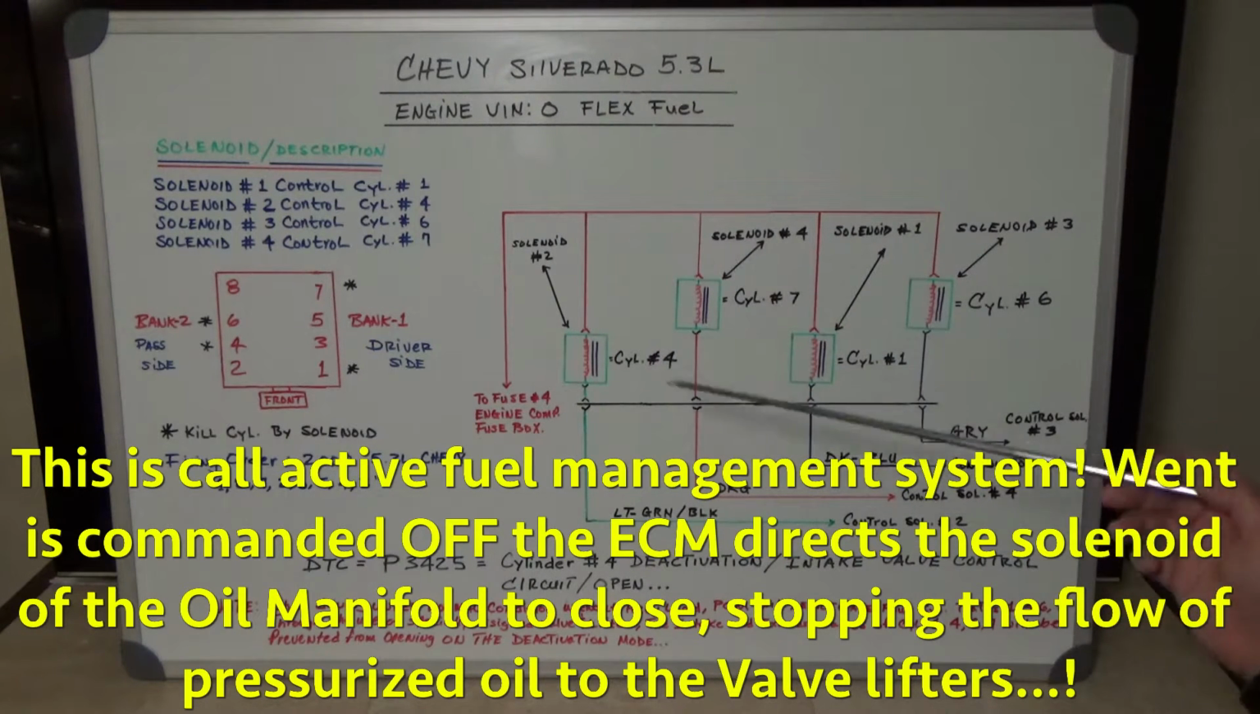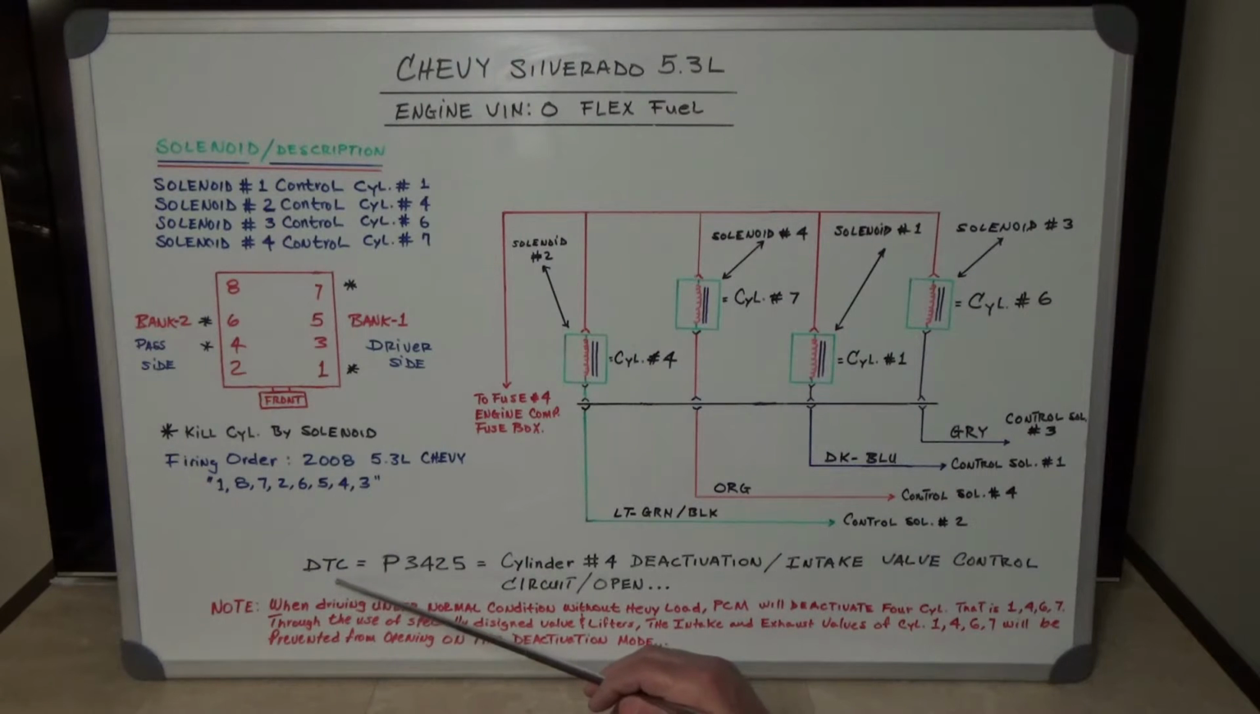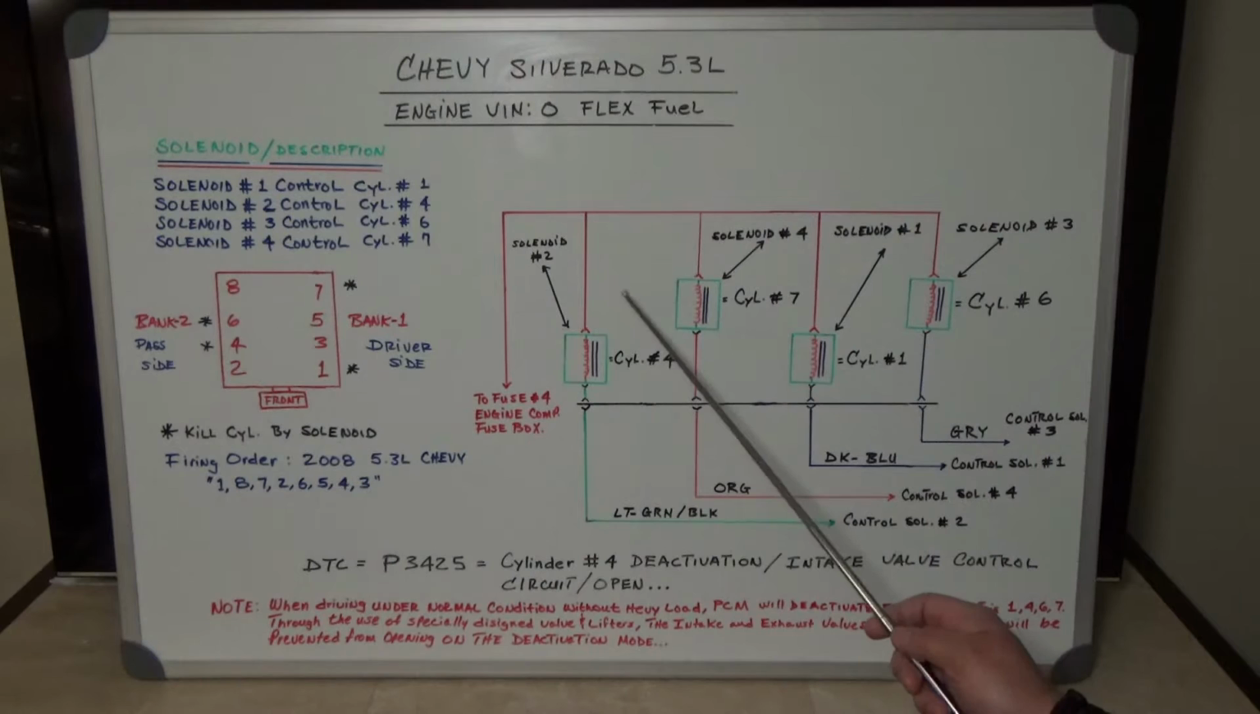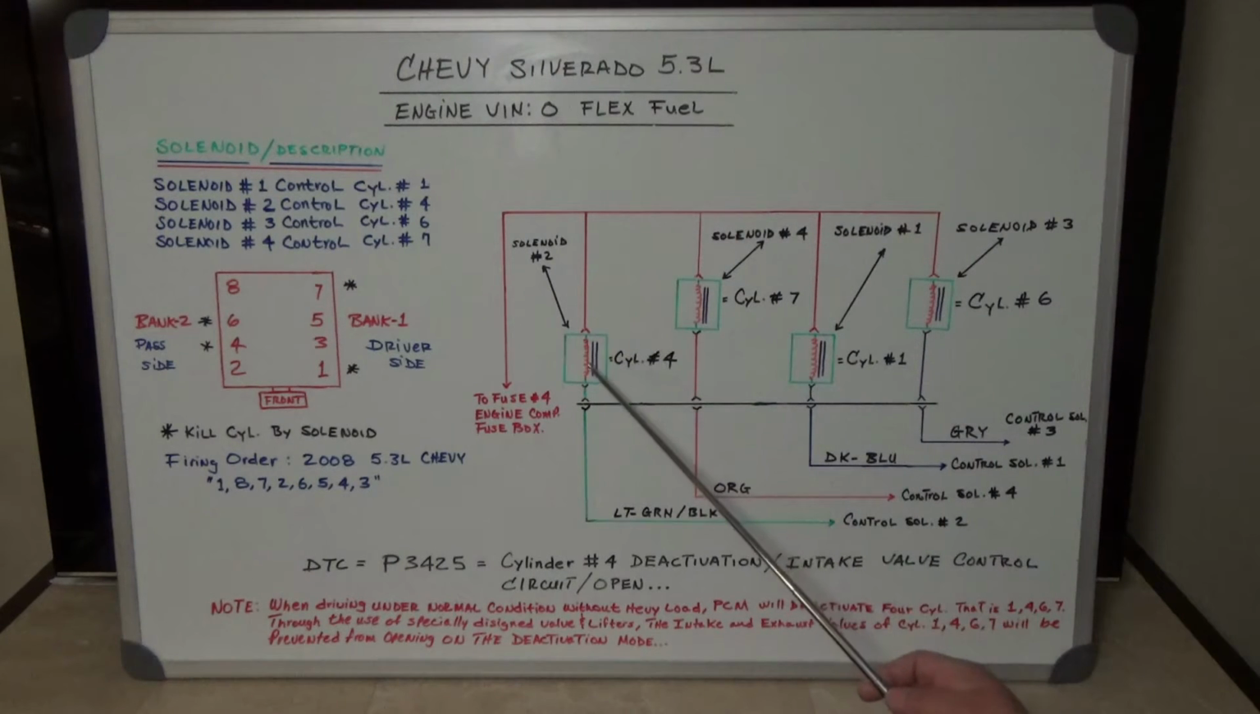Now going back to this section here, and this is the DTC that I have right now active in this truck. DTC P3425, cylinder 4 deactivation intake valve control circuit open. Now, whenever I use my Snap-on VERUS to deactivate this cylinder, the data PIDs don't change. The engine idle changes, like something is happening, but my data PIDs do not change,